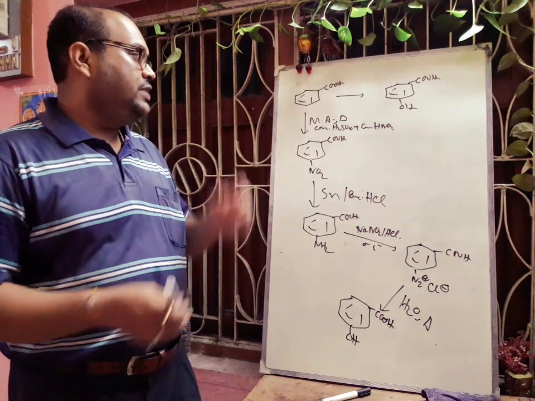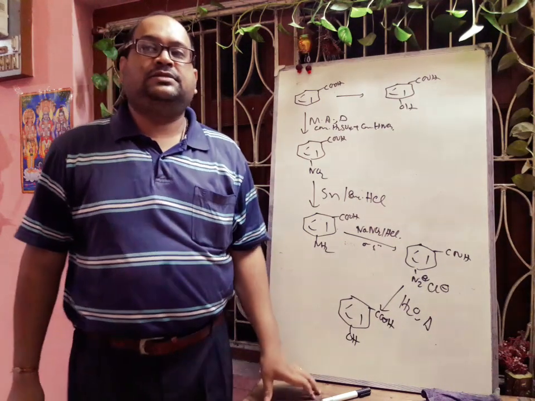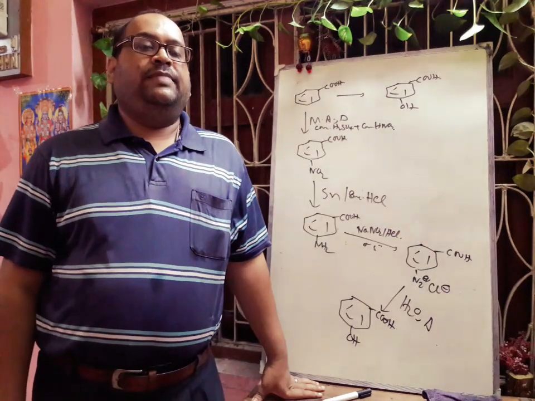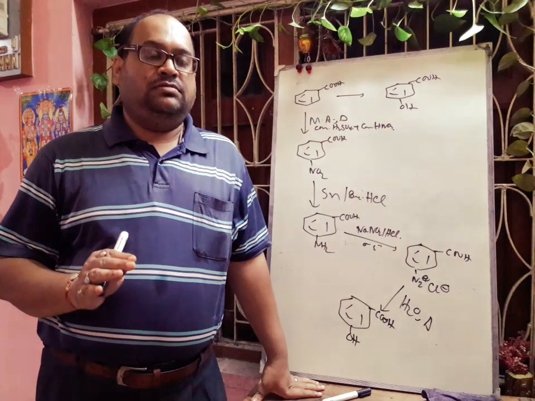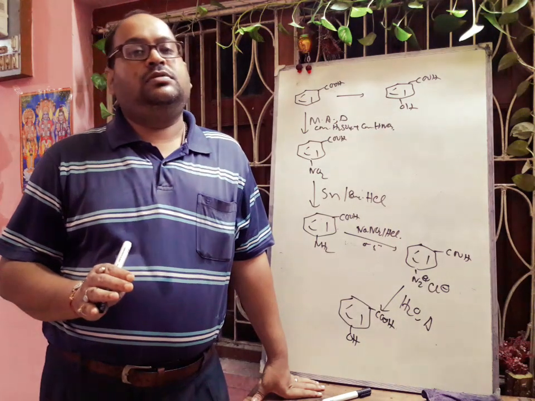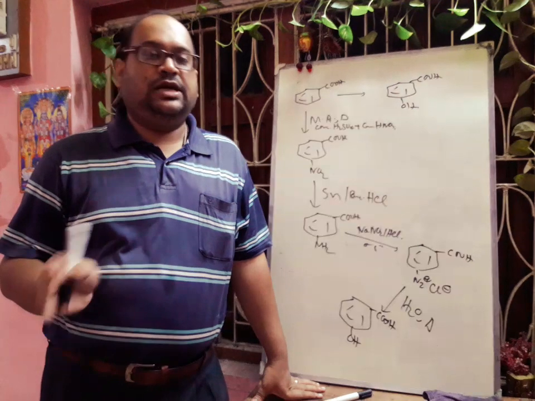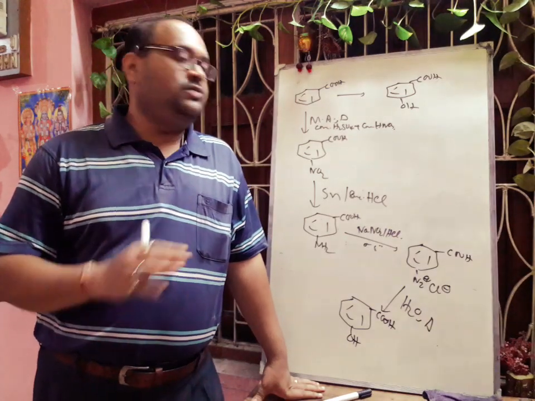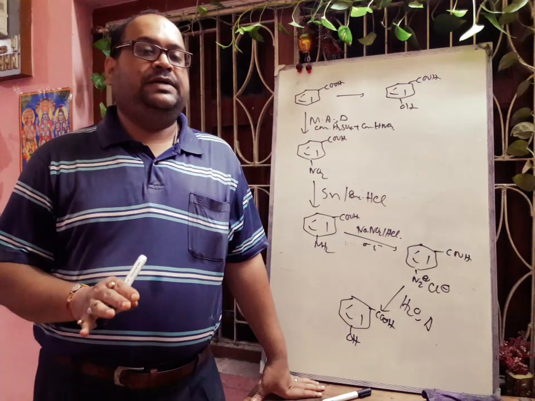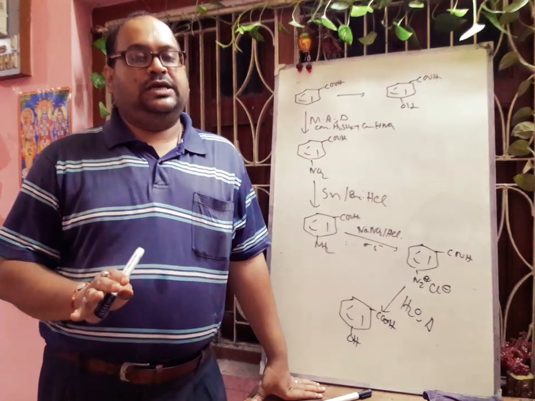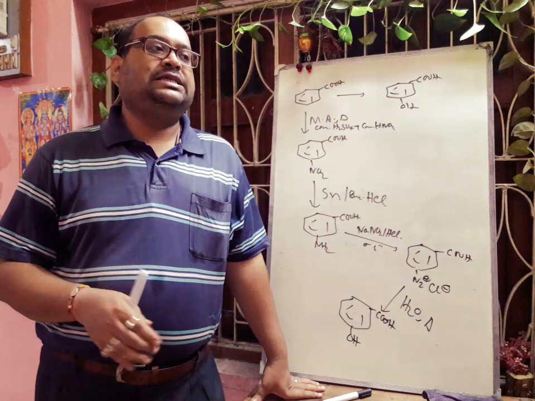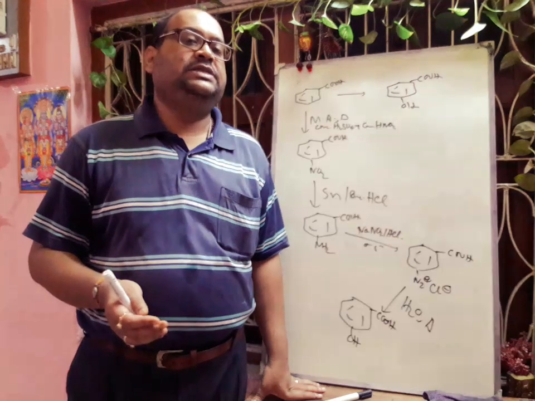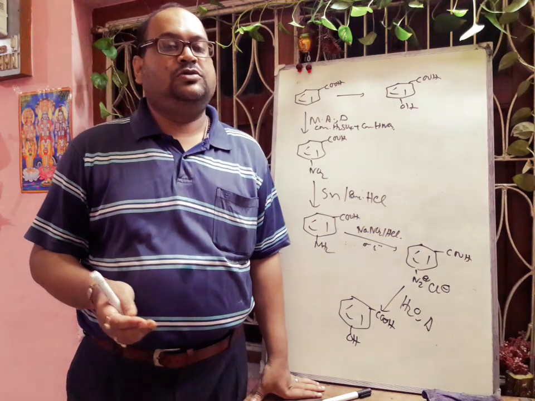So, in this way, you have to practice the transformation. Okay, many transformations are already solved in your book, and in the last portion, the appendix, also there are so many transformations you have to practice, and read the book thoroughly. And in this way, today I have completed the chapter aldehyde, ketone and carboxylic acid. Okay, and in next class, I will start a new chapter from physical chemistry. Okay, so today up to this, thank you.